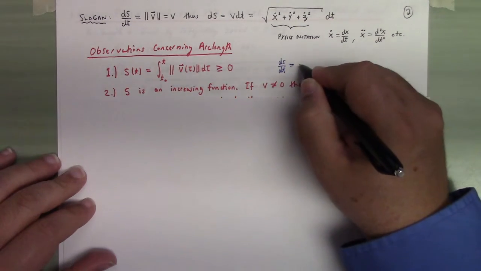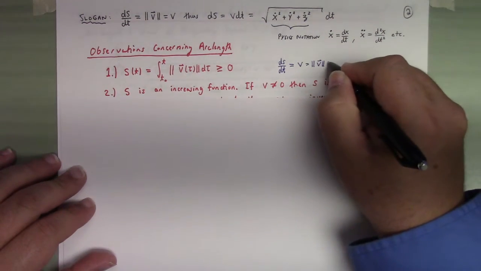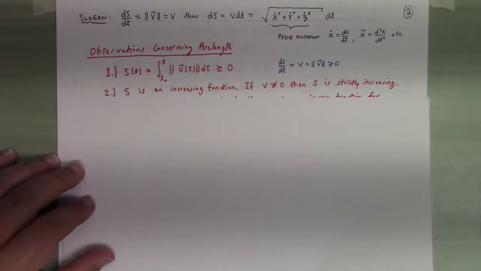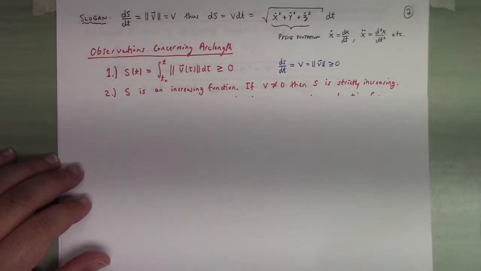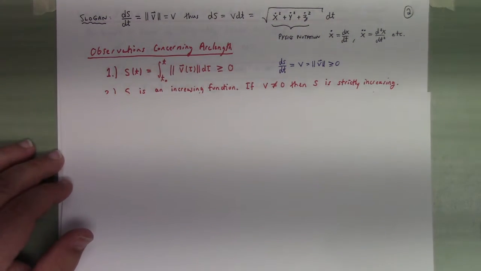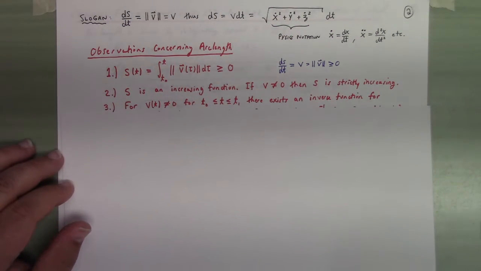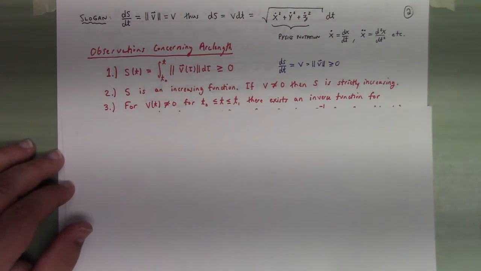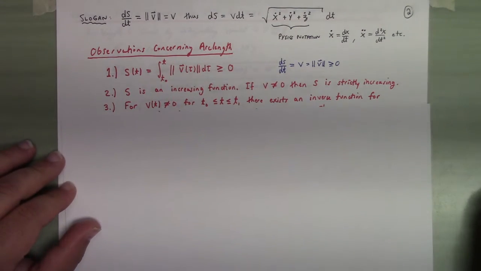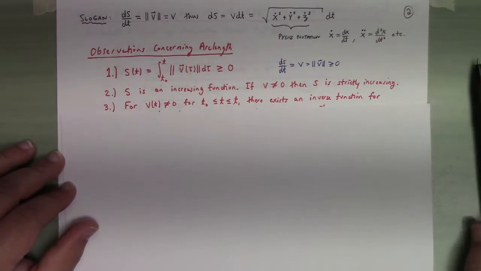It's the speed, right? Which, of course, is the magnitude of the velocity, which is, by the way, greater than or equal to 0. So if you have a function whose derivative is greater than or equal to 0 everywhere, that means it's an increasing function, and if the velocity is non-zero, then it's strictly increasing, meaning that it can't level out even. All right. Now, for speed non-zero for some interval,